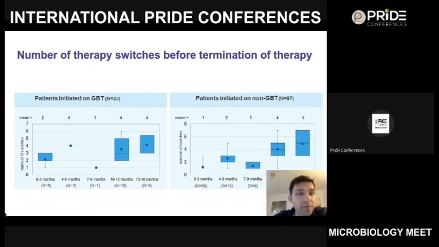There are common therapy switches that were observed, and for patients who were treated longer, we saw also a higher number of switches applied, which shows that this therapy is complicated. Patients probably do not tolerate the drug, or resistance develops, or simply because the drug regimen is not effective, physicians tend to then switch therapies.